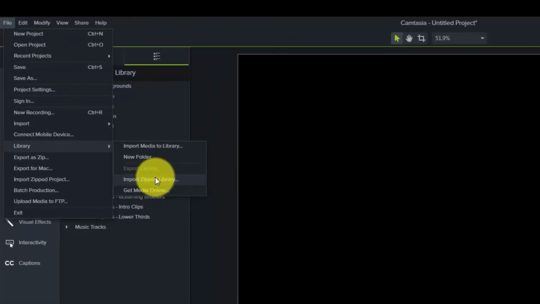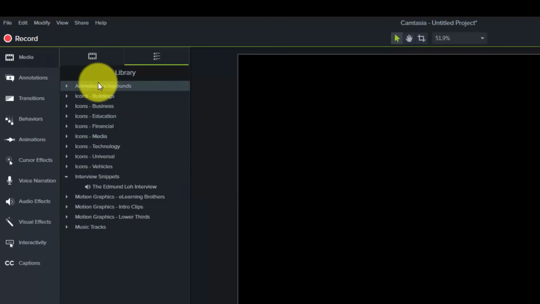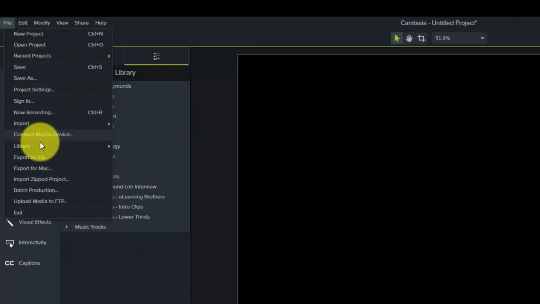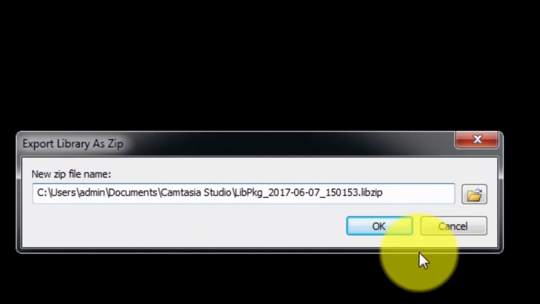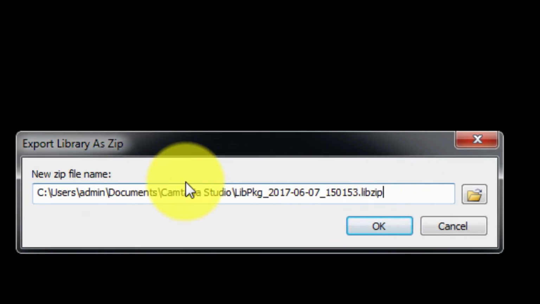So what we're going to need to do is we're going to need to explore the export library command. And we're going to do that by going to the library, and we're going to highlight all of the items there. We're going to go back to the file menu. We're going to go back to the library, and then we're going to export selected assets. And then this is going to have a certain file name. You'll notice that it looks like a zip file, but it's going to look slightly different, and it's going to be specific to Camtasia. So what we're going to do is we're going to click OK,